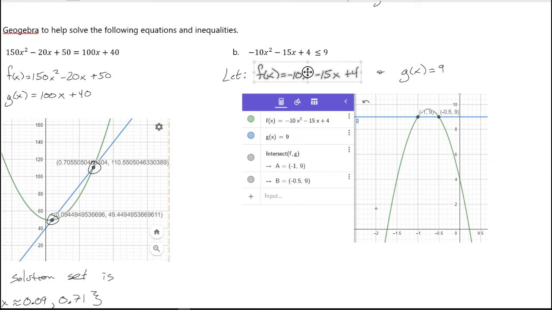We're so close to being done. Just want to get through this. Sorry. Oh, it's mad at me. And I can't figure out why. Okay. So f is the green line, and we want that to be underneath